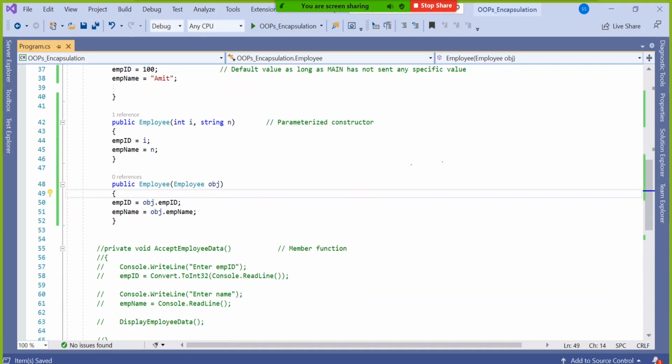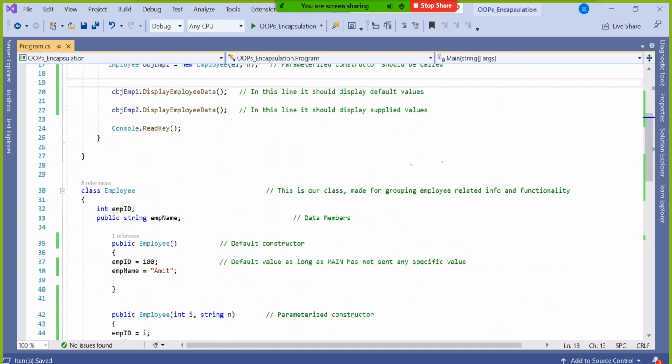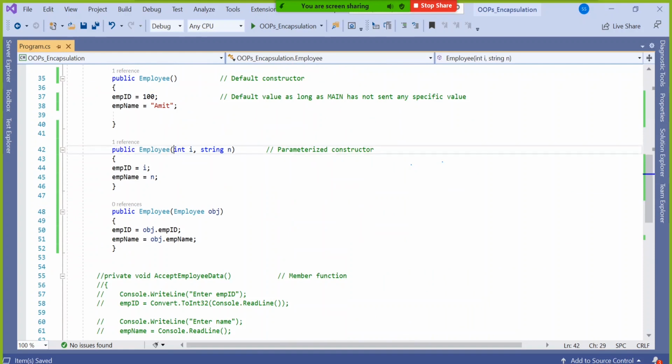Usually whenever you have a lot of parameters, like today we have only 2. Suppose there are 20 parameters to be supplied from here, then it is not advisable to write a comma 20 times. It is advisable to catch all those parameters through an employee object, because after all those I, N, etc., are all employee parameters, right?